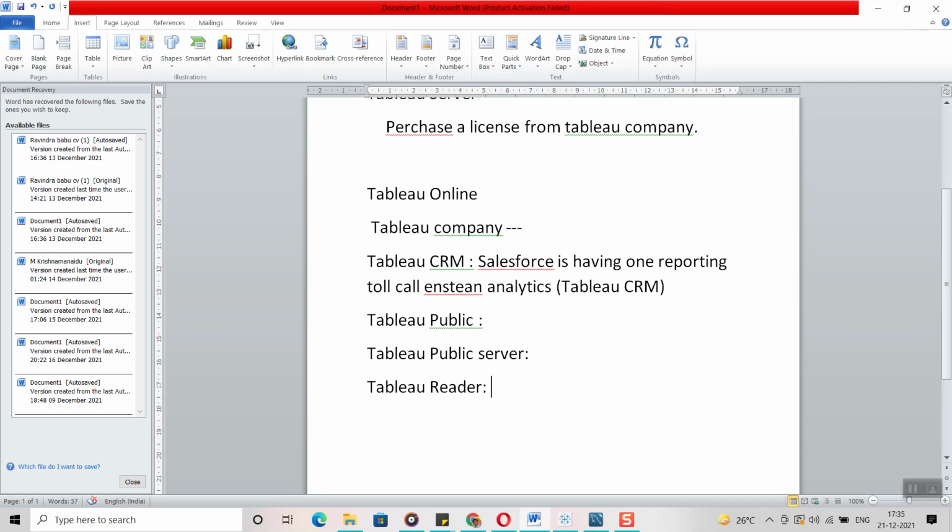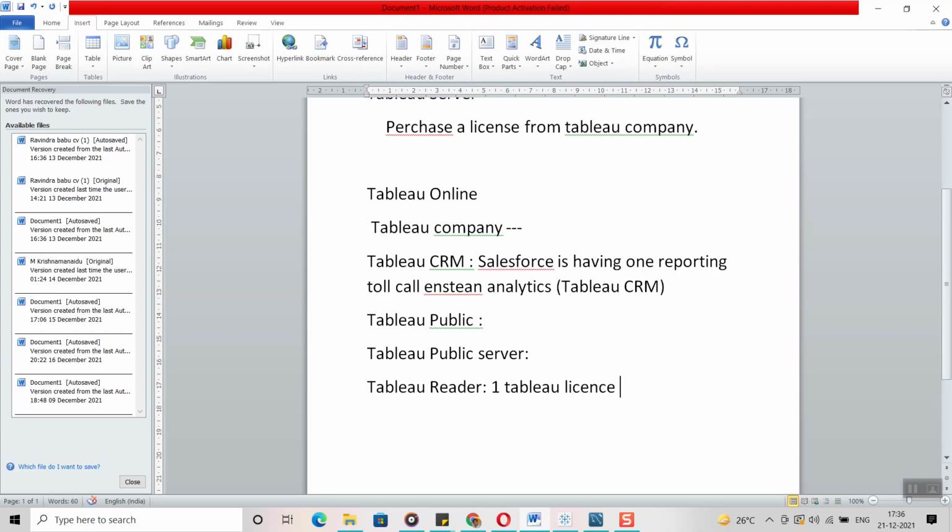Now the customer wants to see the report and asks me to share it. As of now, we only have one Tableau license, which I am currently using on my machine. Still, the customer wants to open the report on his machine and present it to higher management.